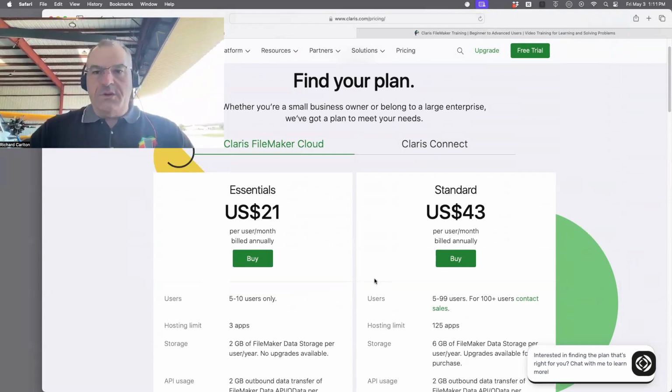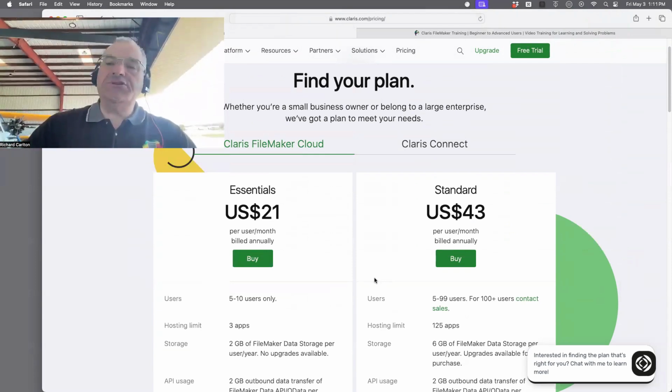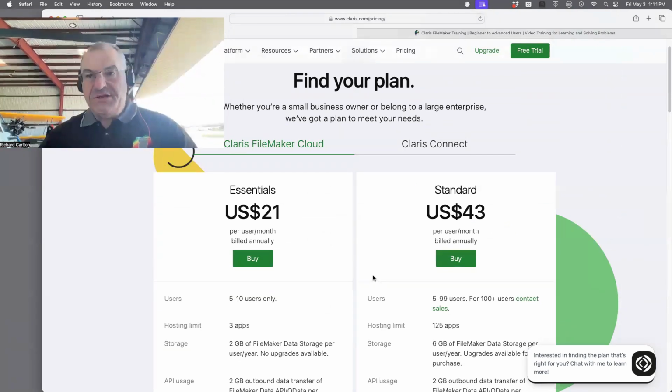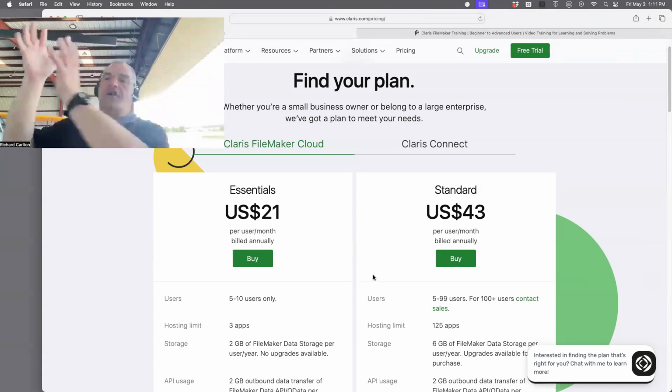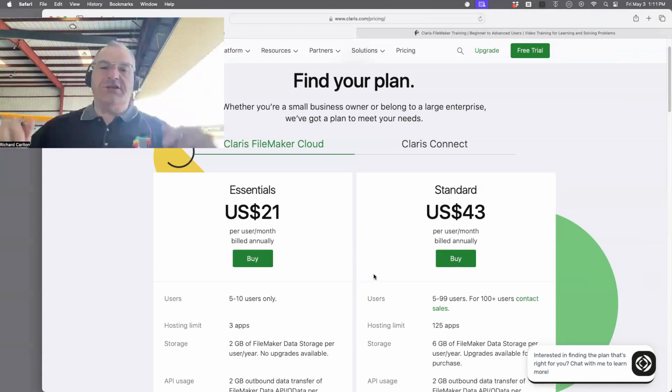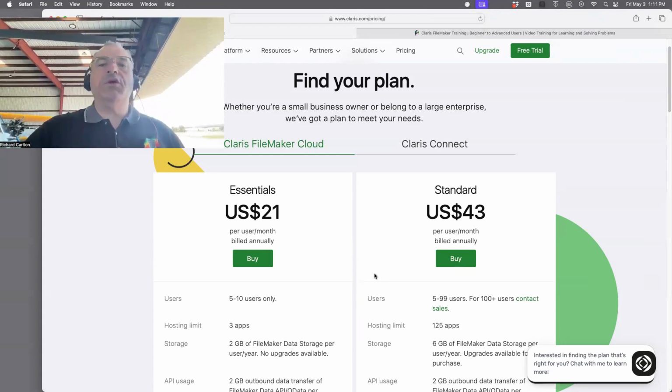Which confuses everyone, because none of the FileMaker professional developers will buy this as a general rule. There's issues with this, okay? Claris is aware of the issues, and they know that the professional community generally won't use FileMaker Cloud. FileMaker Cloud is where they take an Amazon server, they take their server software, they put the hardware together, and they sell it to you at about $43 per user per month. That's pretty expensive. What we do is we use the on-prem, and so this website is horrifically confusing.